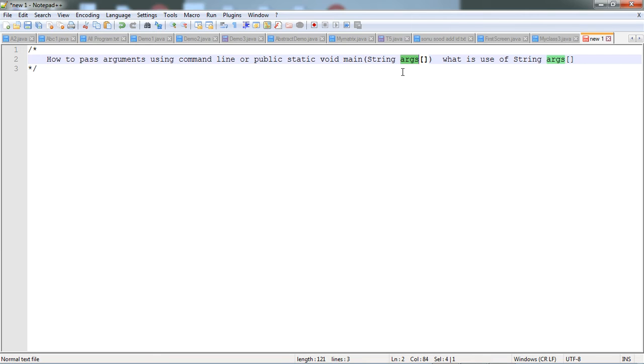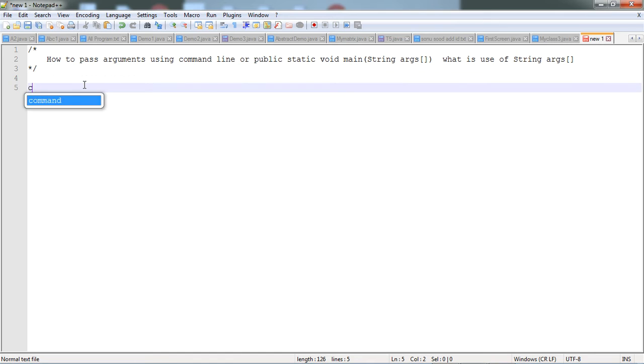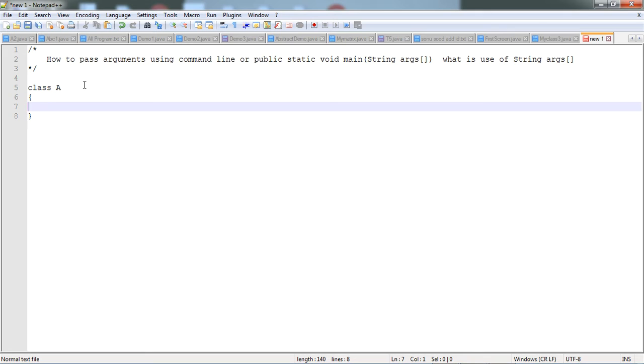Through a program, we will understand the use of the String args array. I just write class A. Then define our main method.